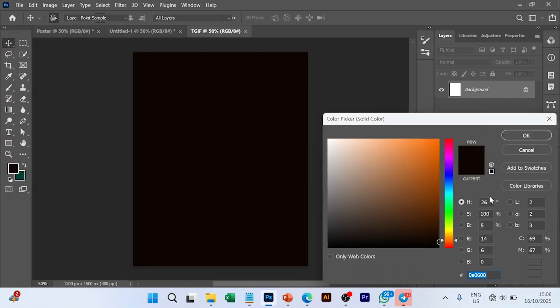Awesome. So first thing we are going to do is to go to adjustment, go to solid color and give it this color, and this is the color code popping up here: 0E0600. So with that we are good to go,